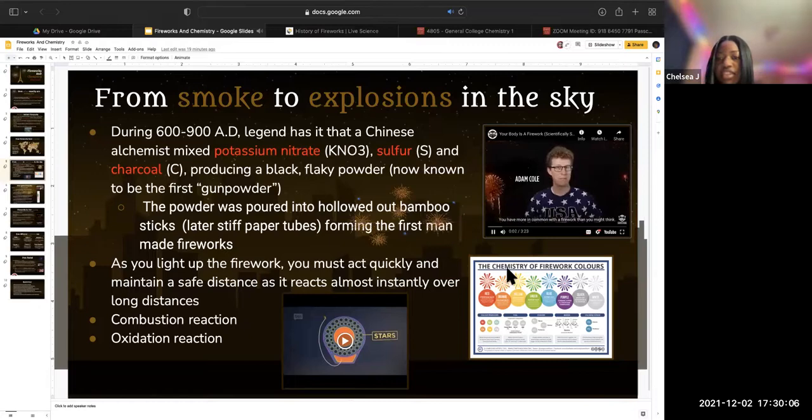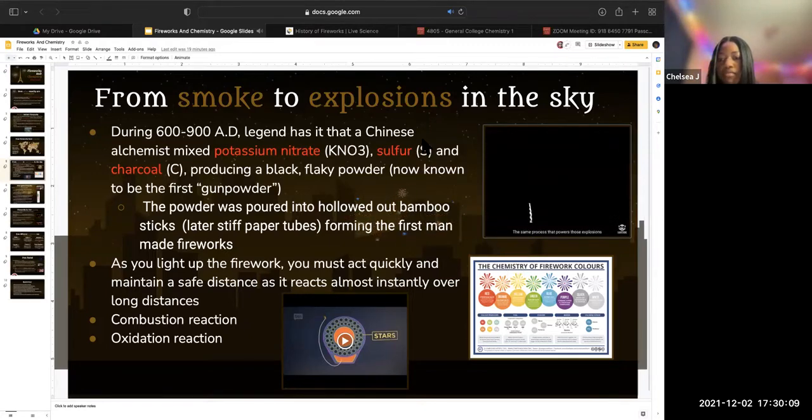You have more in common with the fireworks than you might think. The same process that powers those